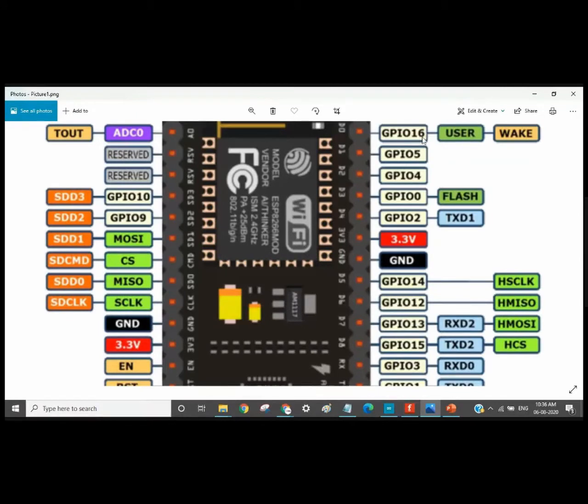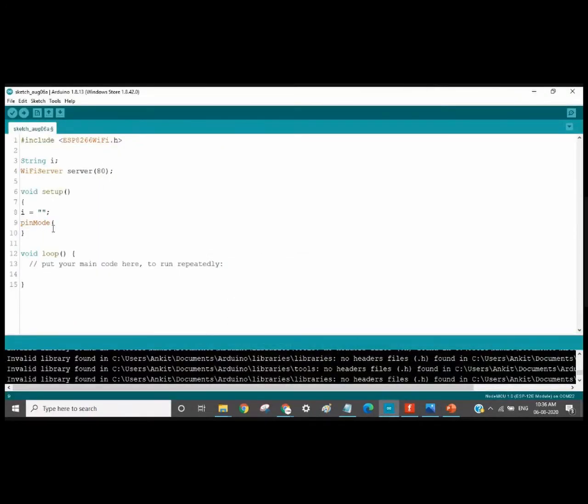So we will be using this mode, the GPIO pins. So we are defining 16 and 5. So here we will write pin number 16, that is the D0 pin, will be my output pin because it is a relay, and relay is an output device. So here also we will write pin mode 5, comma, output.